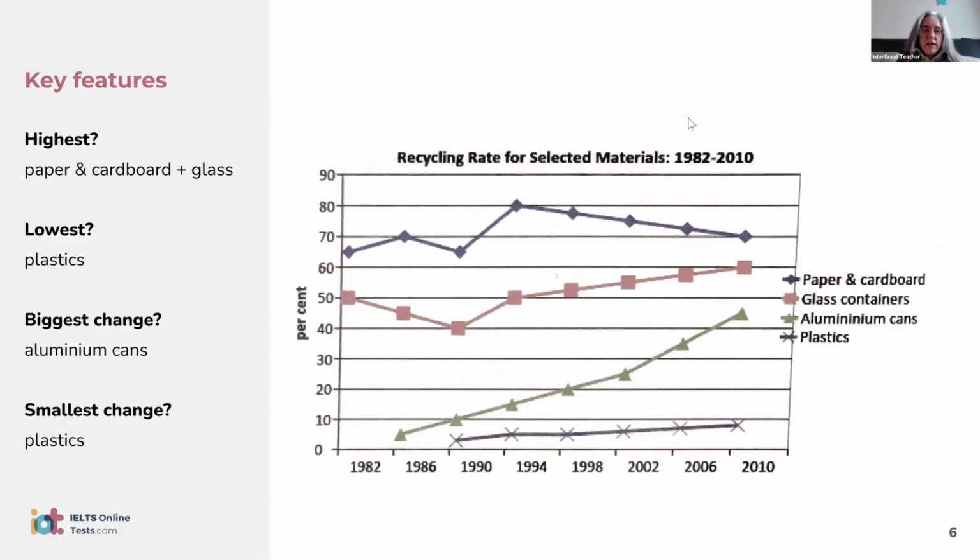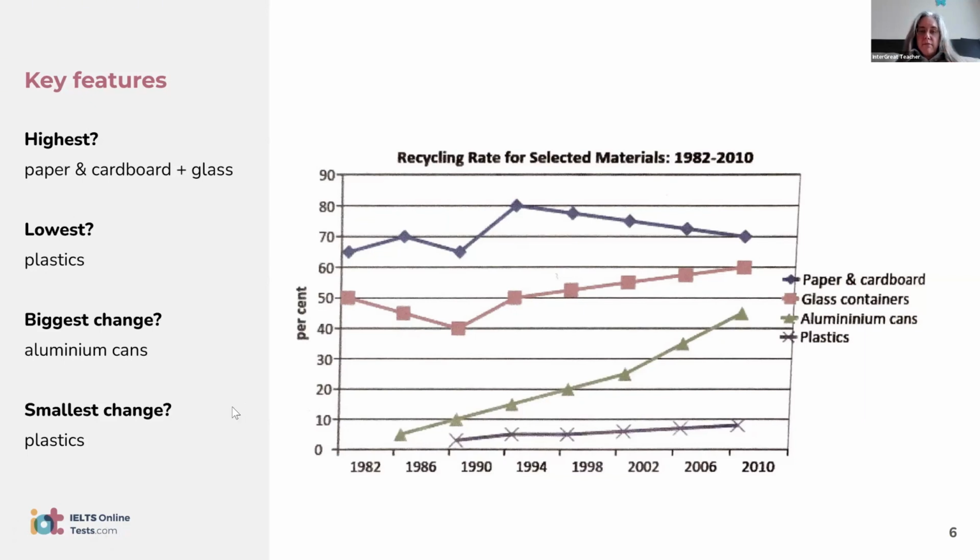Okay, so here are some key features from the example graph that we're looking at today. And the questions that you can see down the side, like highest, lowest, biggest change, smallest change, these are examples of the type of questions that you should ask about the data when you are trying to decide what to include in your general overview. So these are the kind of things that you should be writing about in your general overview. So for this particular graph,